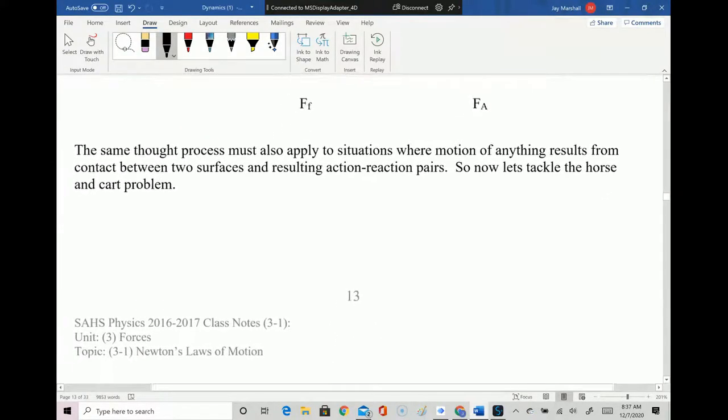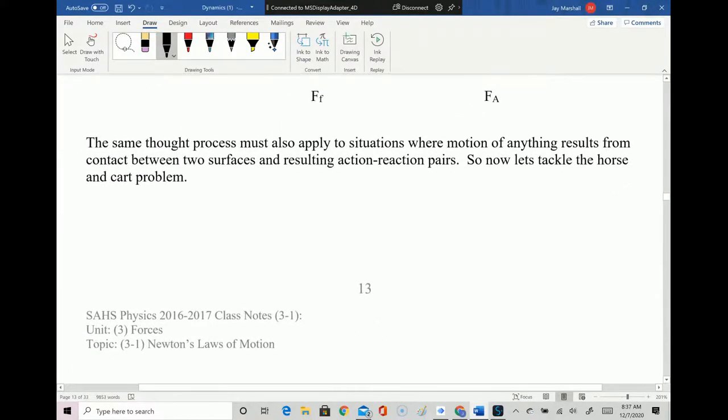Now, the same thought process must also apply to situations where motion of anything results from contact between two surfaces. And so if we go back and look at the horse problem,